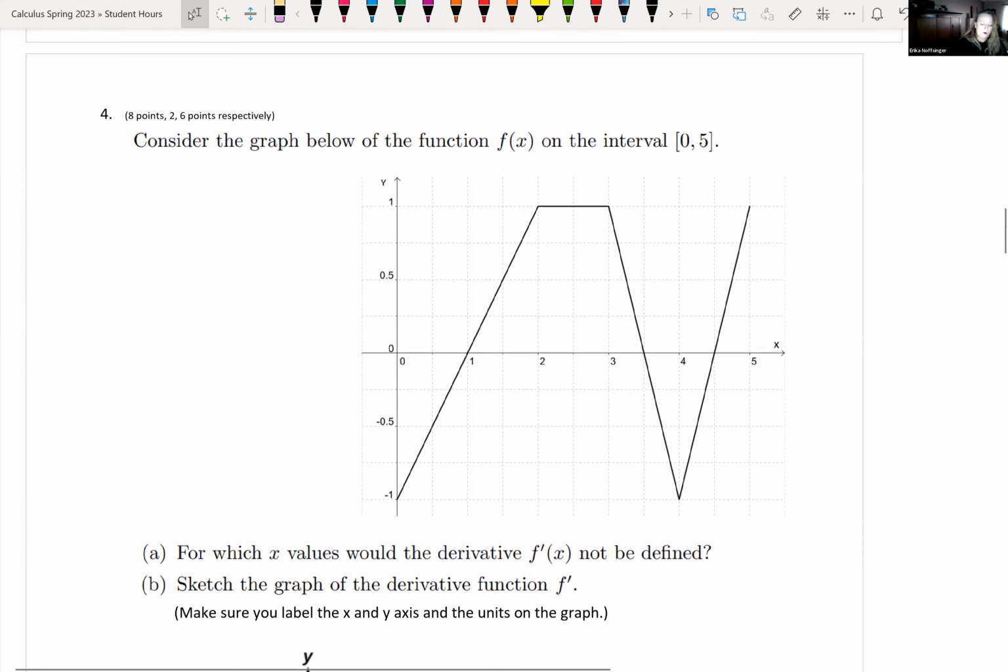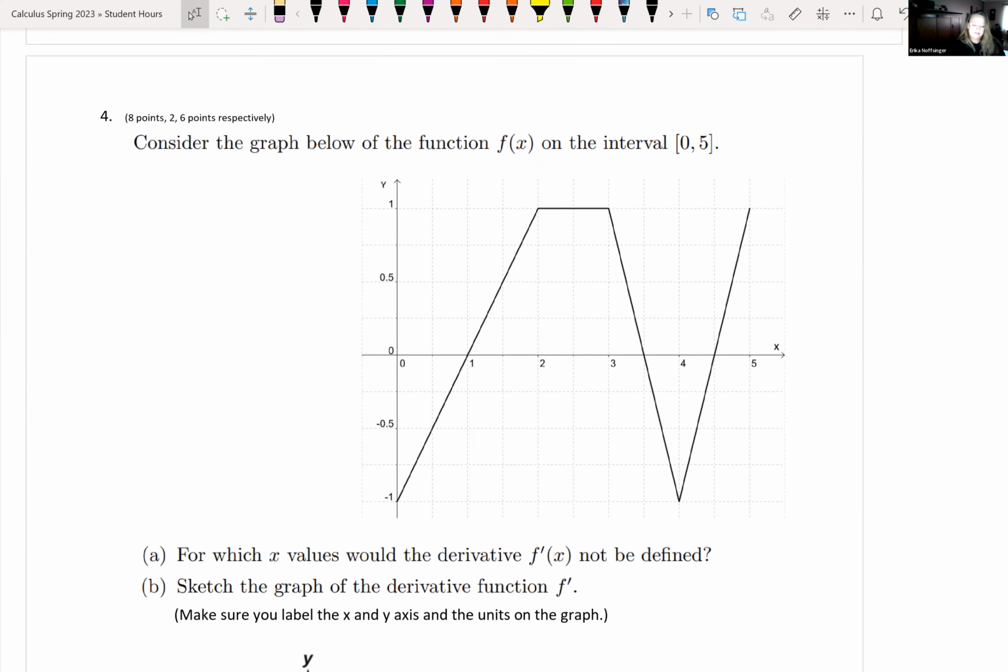So on number 4, we're given a graph. It says, consider the graph of the function f of x on the interval from 0 to 5. Part A wants to know for which values the derivative f prime of x will not be defined. Okay, so recall the derivative is not defined or doesn't exist, another way to say that, it's not differentiable, at sharp corners or places where we have a vertical tangent line